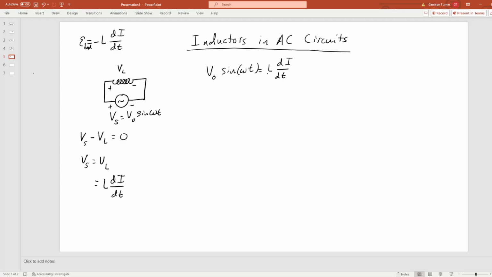And if we look here, what we will see is that di dt is equal to V naught over L sine omega t. And as a result, the current, if I solve for the current here,